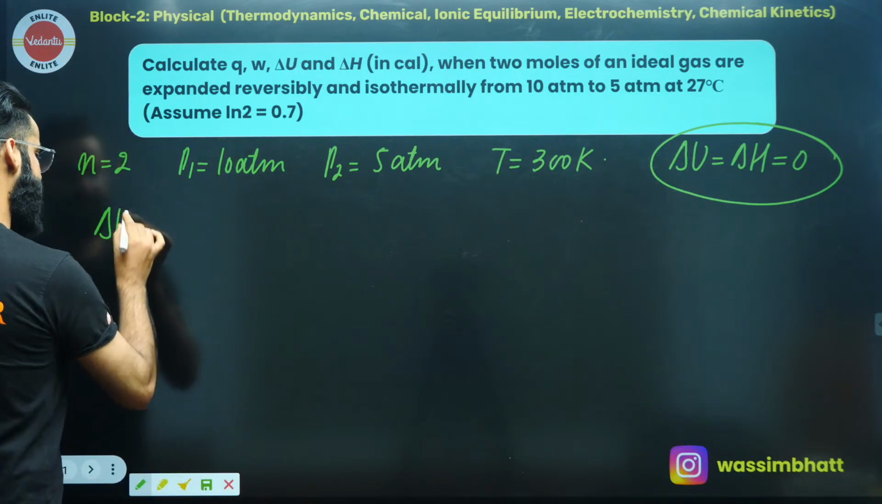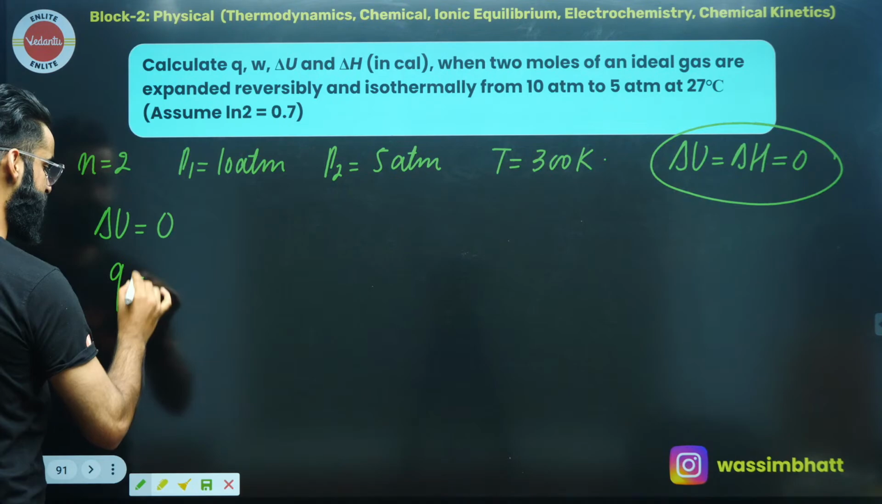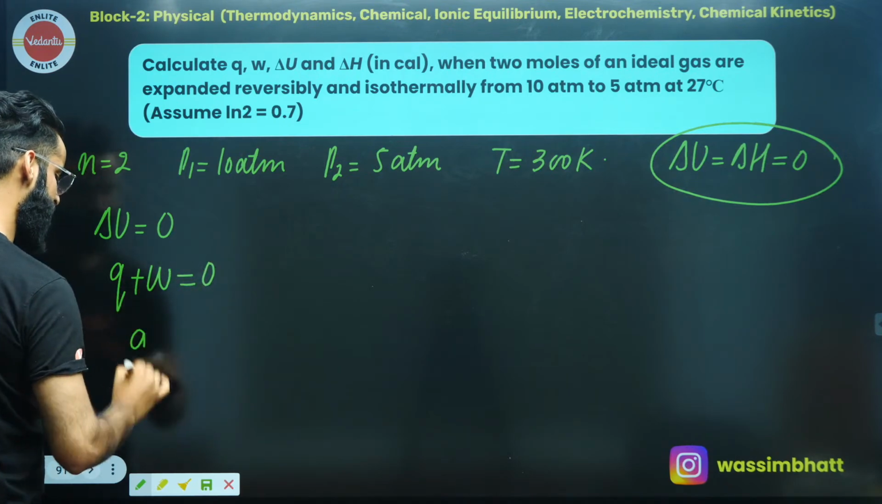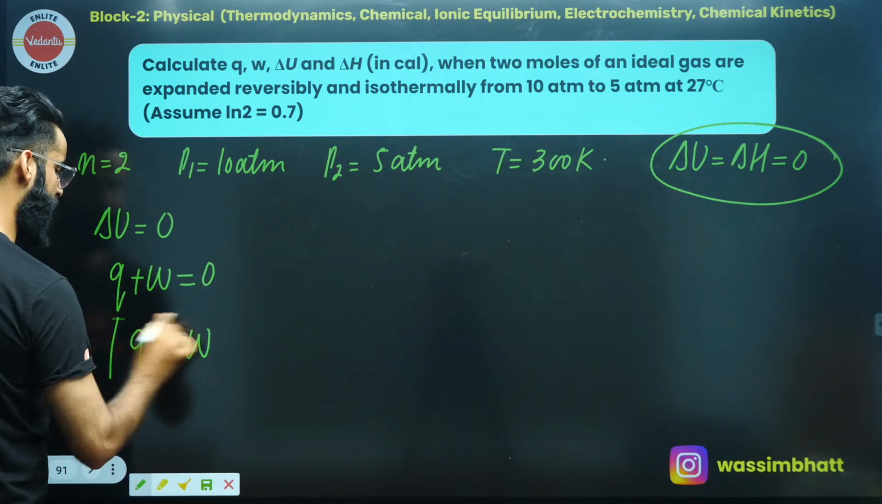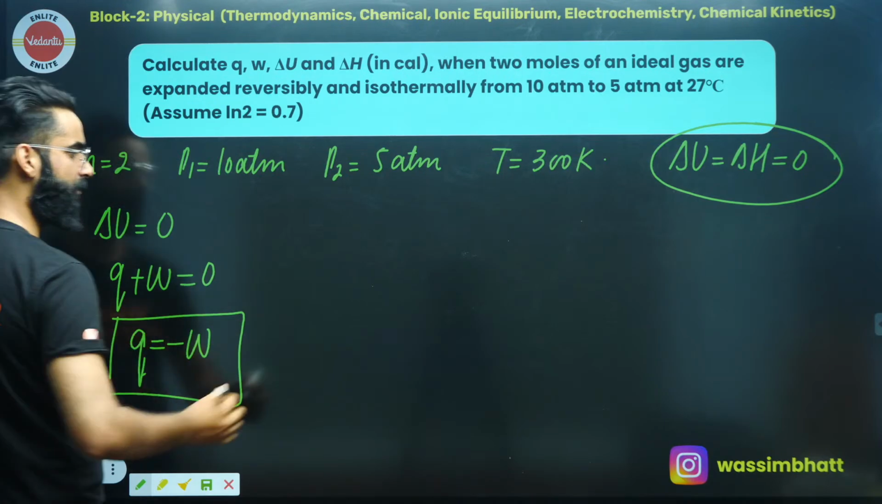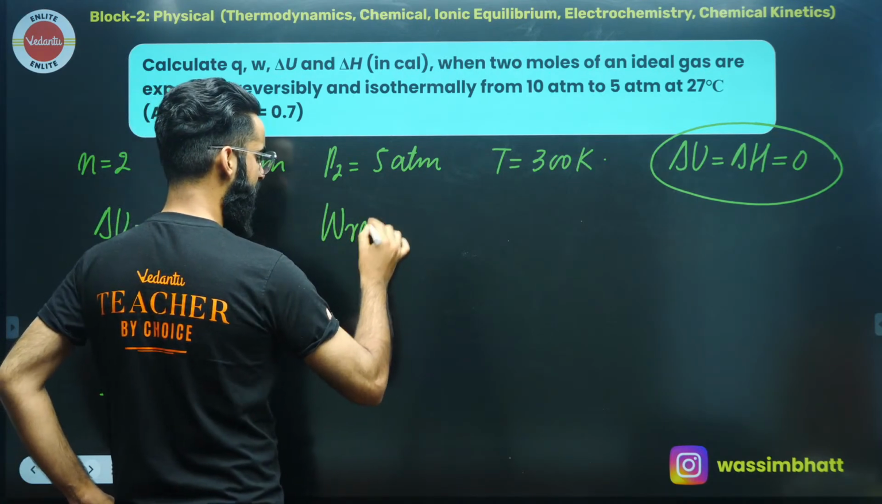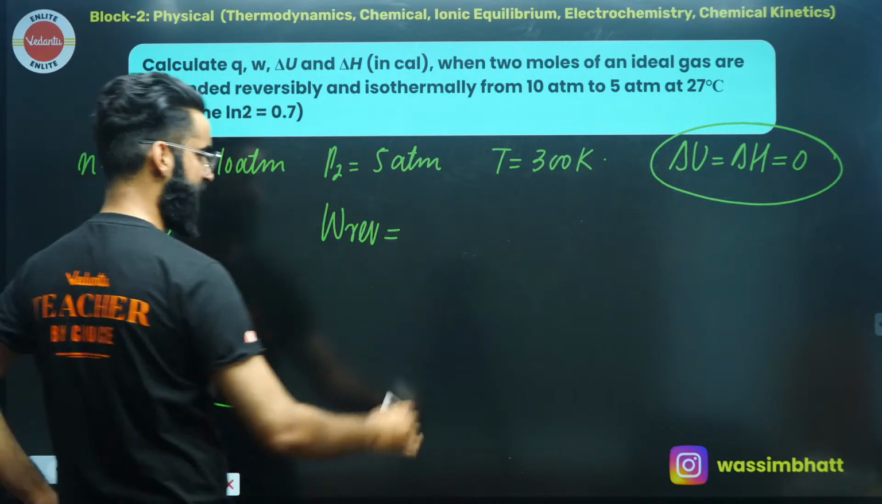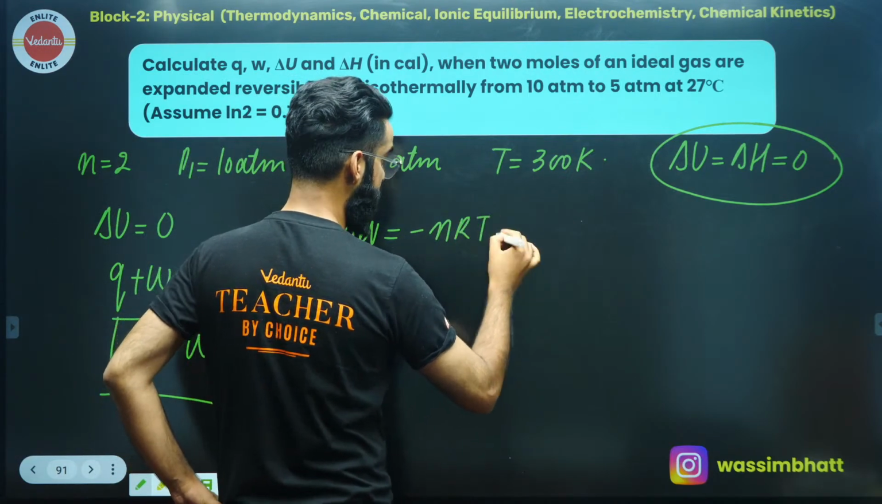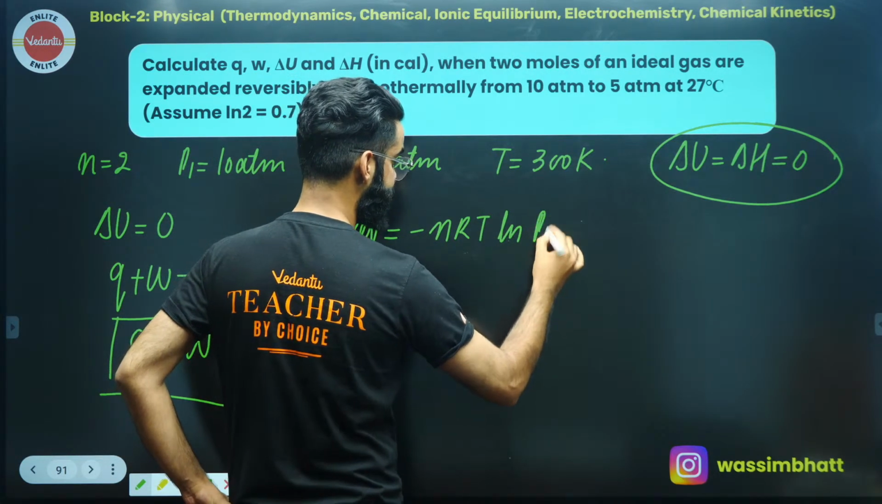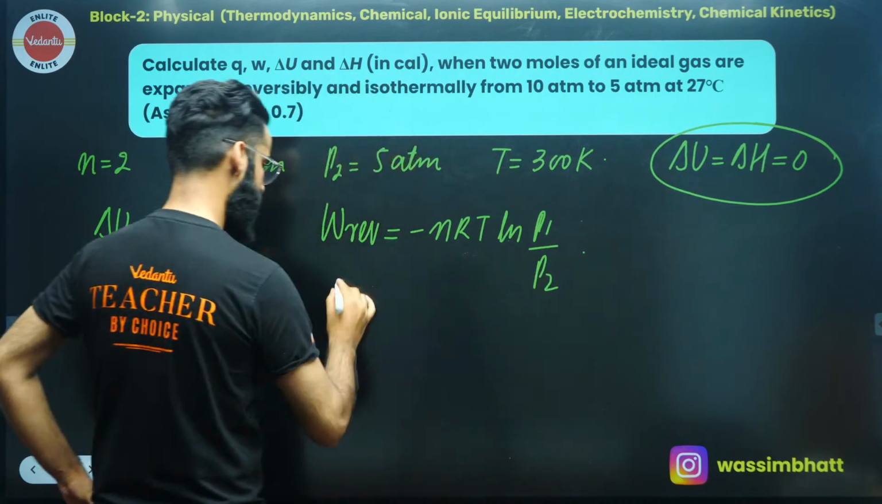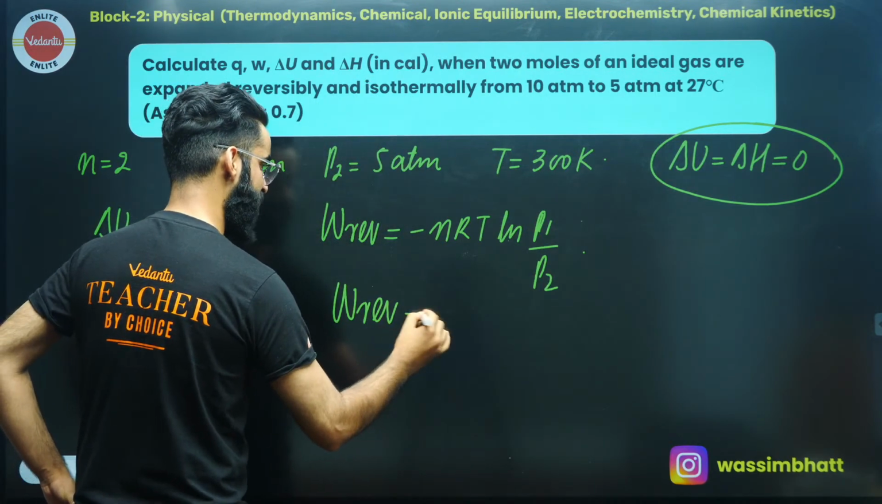Perfect. Now, since delta U is 0, delta H is 0, two things are done, right? Since delta U is equal to 0, delta U is equal to Q plus W, so that means Q plus W is 0, that means Q is equal to minus W. So in order to calculate Q, I need to get the value of W. Since the process is reversible, how do we calculate work done in reversible isothermal expansion? It's equal to minus nRT ln of P1 by P2. So work done in reversible isothermal process is equal to minus